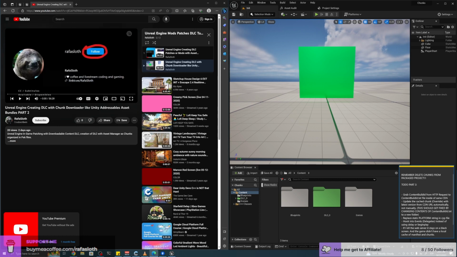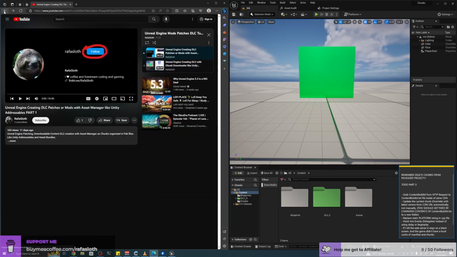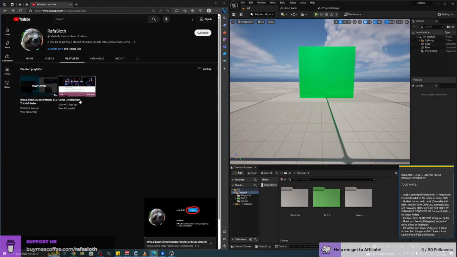And then part 2 is already setting up a web server and downloading the very same patches or mods, but from the web server and downloading them in game automatically without having to manually copy and paste pack files into the game folder. So that's already working, but it has some bugs.